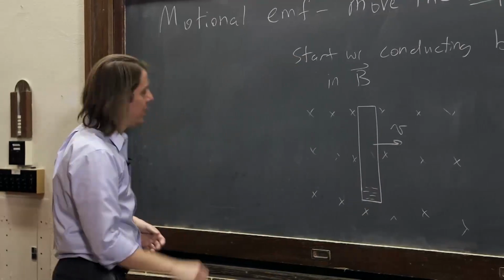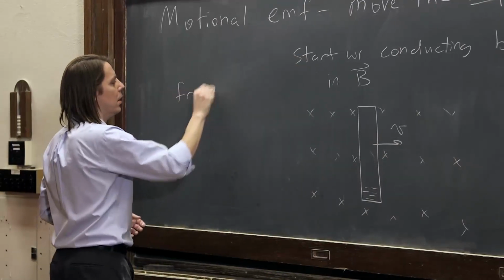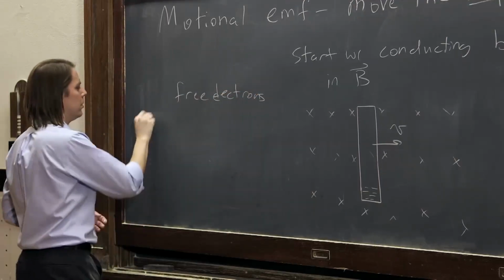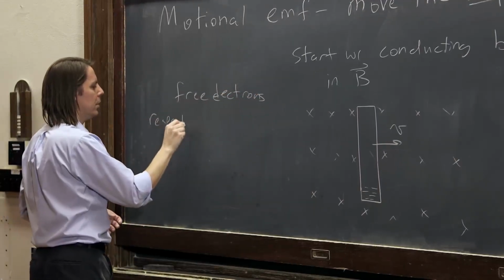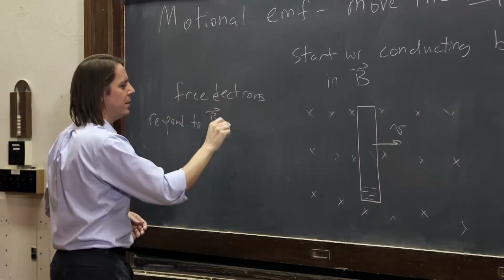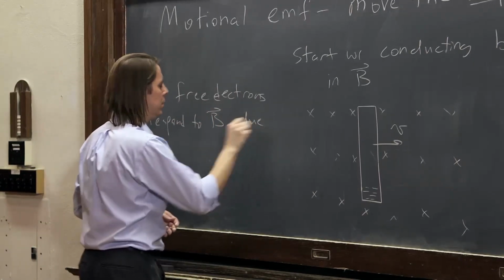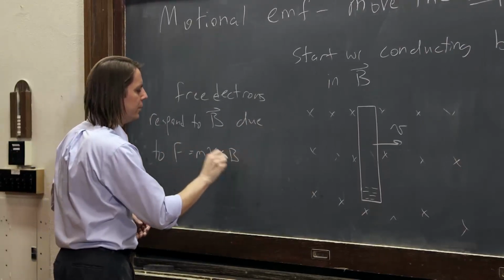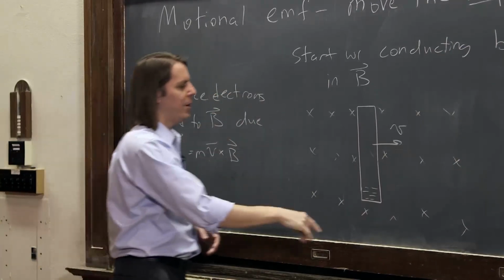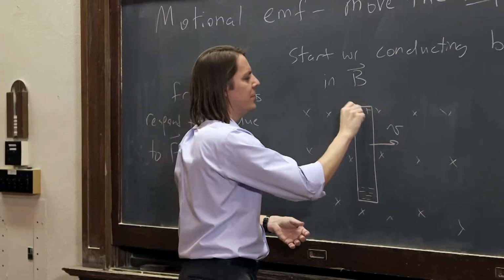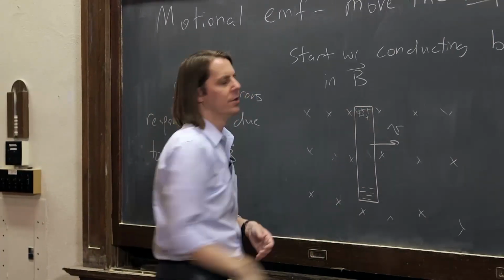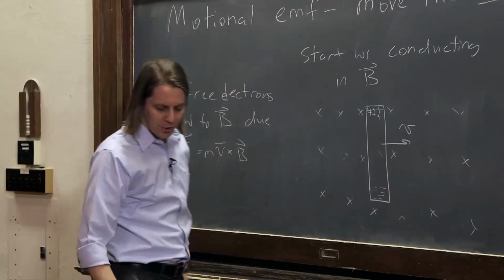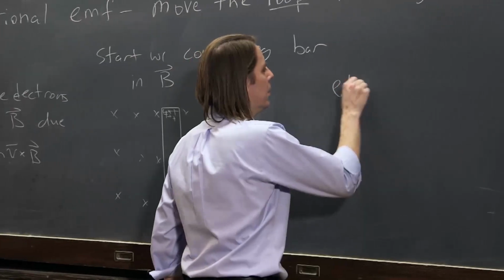Okay? So the free electrons respond to B due to F equals QV cross B. And they go to the bottom, which has to leave some of these positive nuclei slightly uncovered up here. So what we've done is we have sort of polarized this rod, and basically electrons